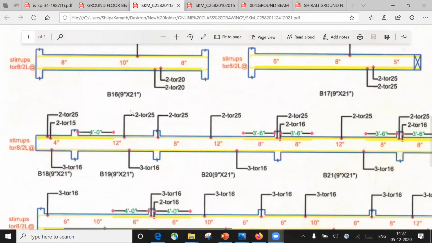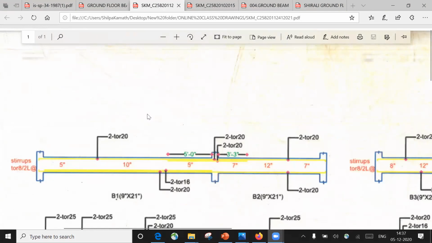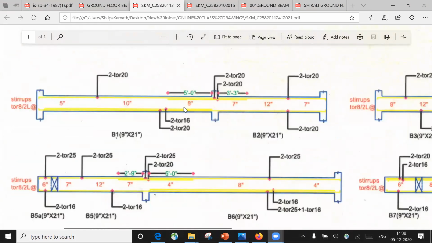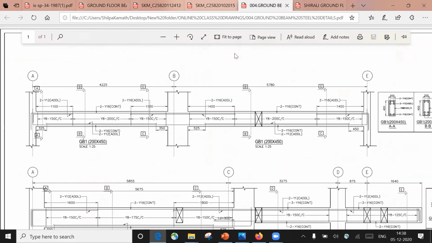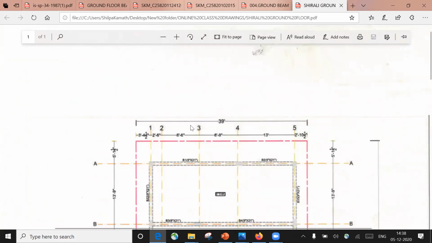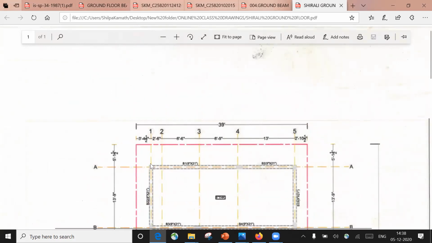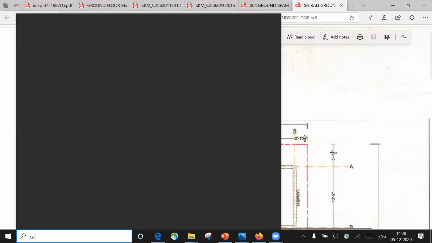Now we'll try to apply that logic here. You have to make use of a calculator. What is the span from this center to this center? For that I need to refer to this particular drawing. I'm just concentrating on this span. Try to count it now. From this span to this span, I'll make use of the calculator as well.